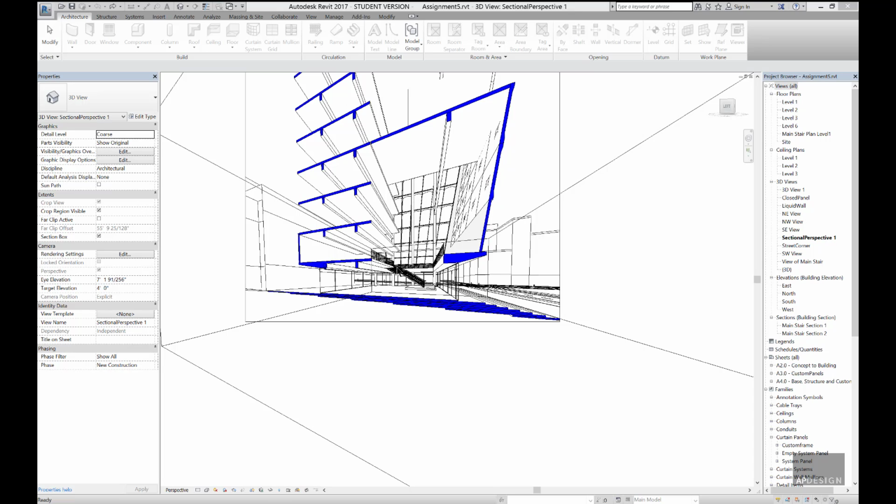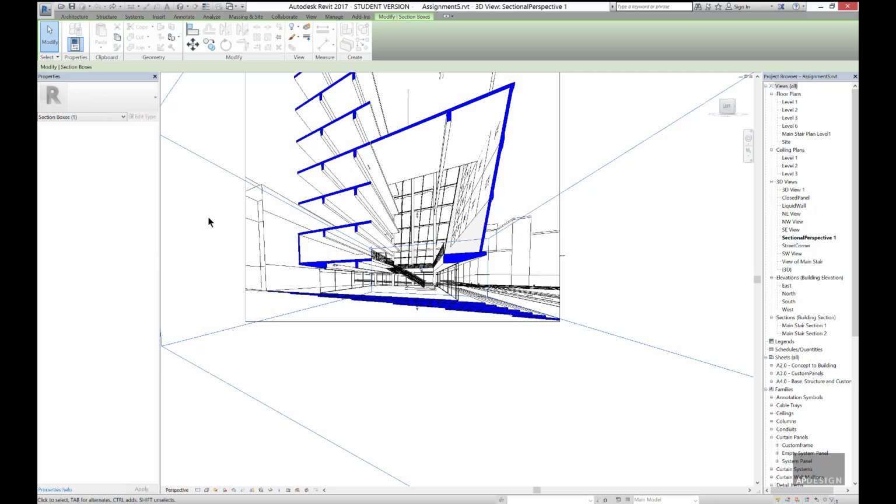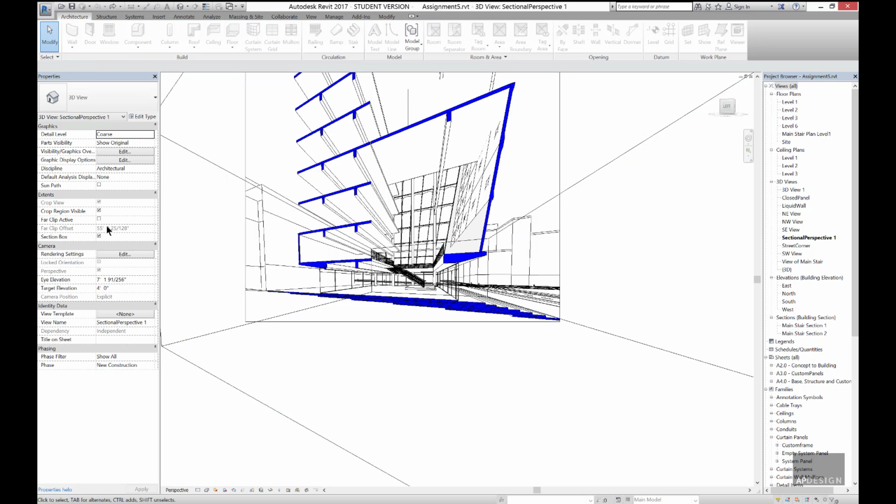Alright, so in this video we're going to talk about controlling Poche. It's pretty easy. Before we do that, just quickly resolve a couple of things. When you're in the camera view, you can always turn the section box off. One thing to remember though is once you do this, it'll reset the section box, so you'll have to move